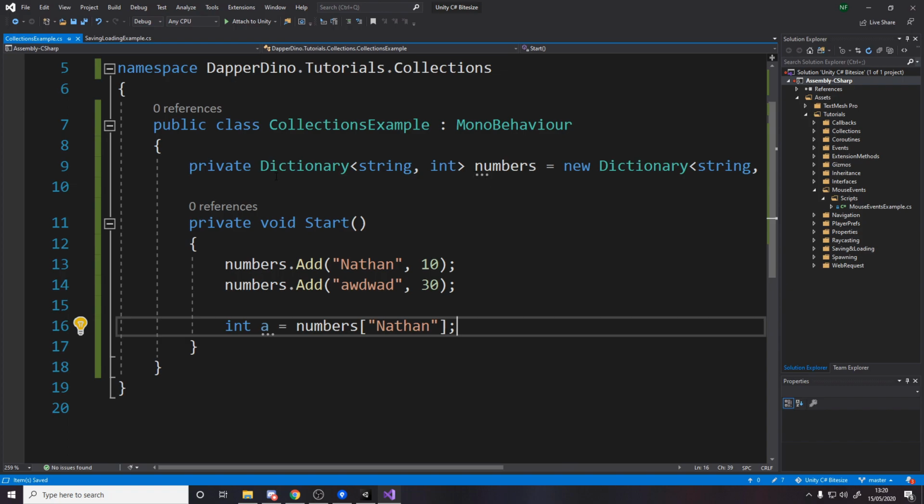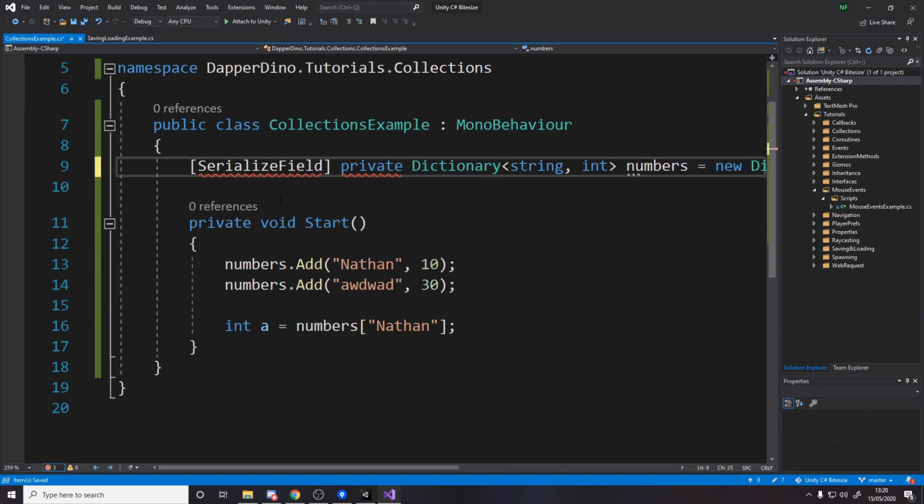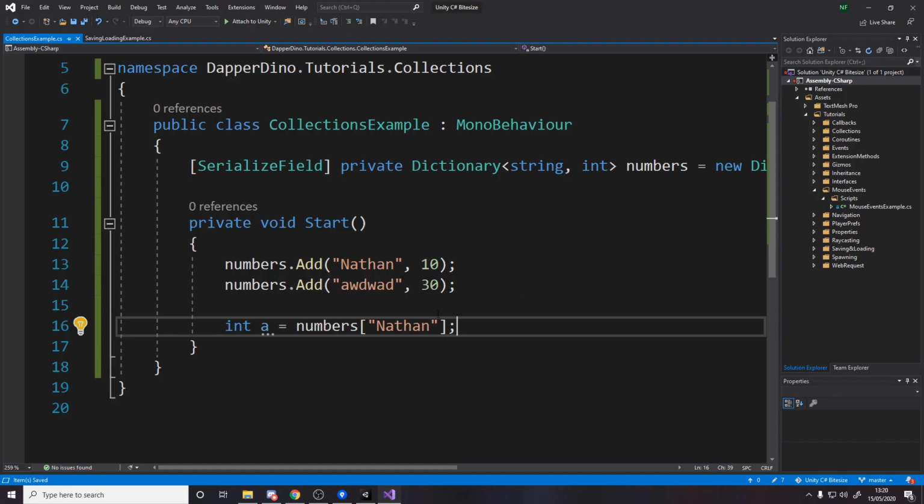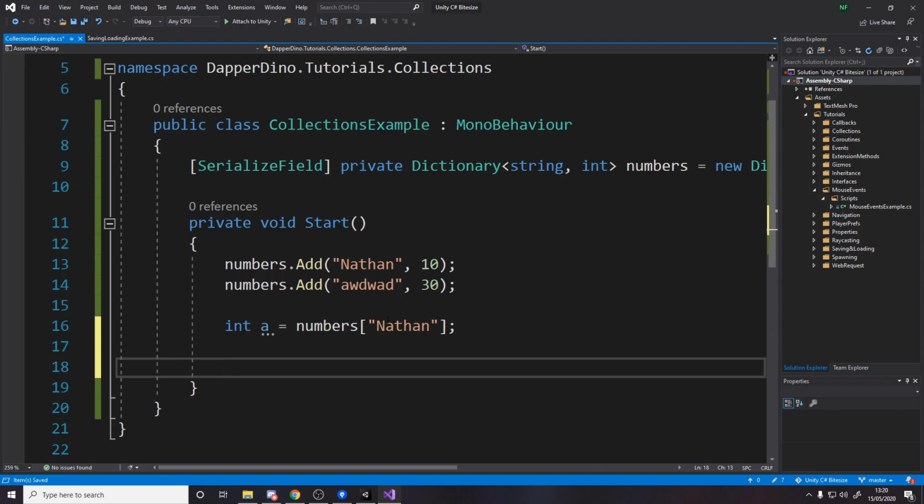Another thing to note is that dictionaries are not serializable by Unity. So if you try to make this a serialized field private, then you're not going to have it appear in Unity. If we go over, okay, you notice how it doesn't show up. Also with dictionaries, there are some safety measures. So for example, if you don't know that a certain thing is going to be in the dictionary, it's best to do